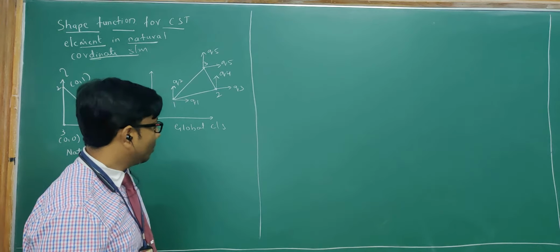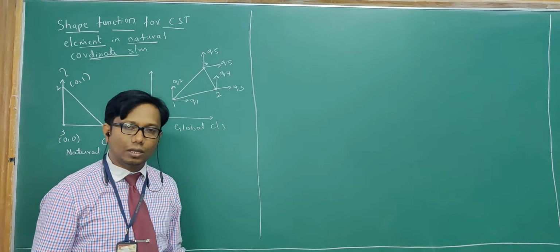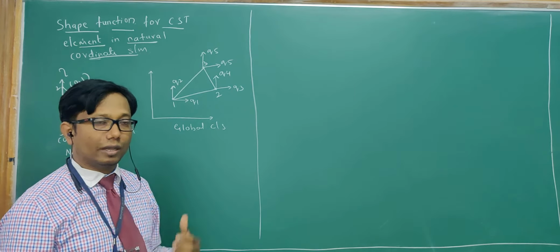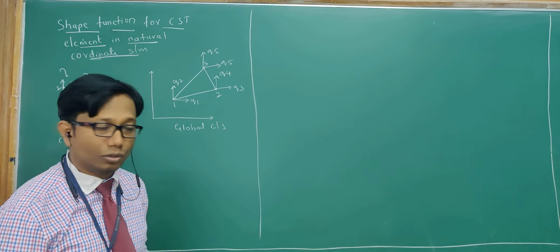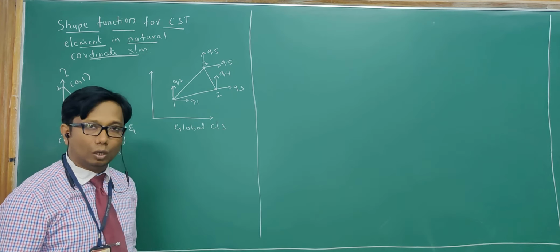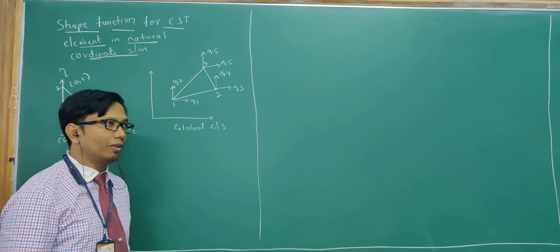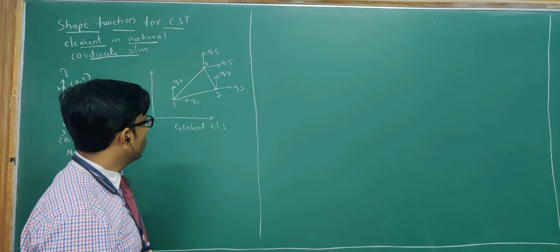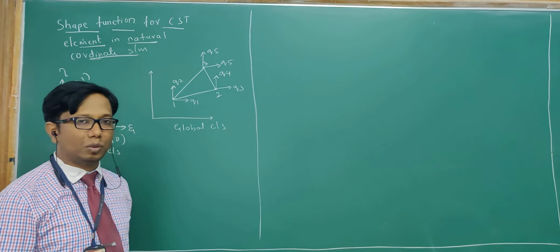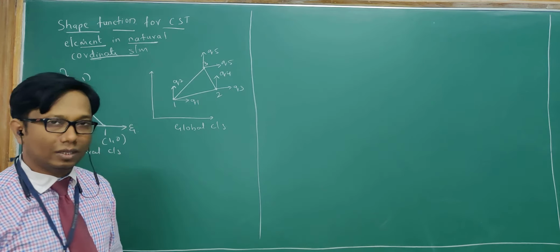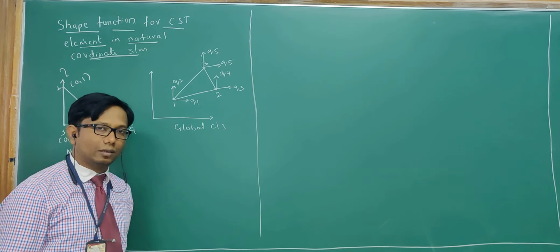So in this particular chapter we will be studying the shape functions. Then we will be studying about the load vectors, like if this particular element is being subjected to a body force and a traction force, what will be the load vector? What will be the load modifications we need to take in order to apply the loads on only particular nodes? Then we will be studying the strain displacement matrix for the CST element as well as the quadrilateral element. After that we will be going with the axisymmetric element.